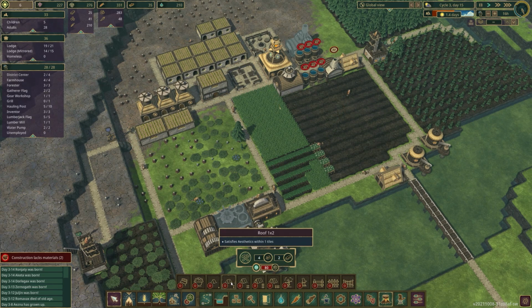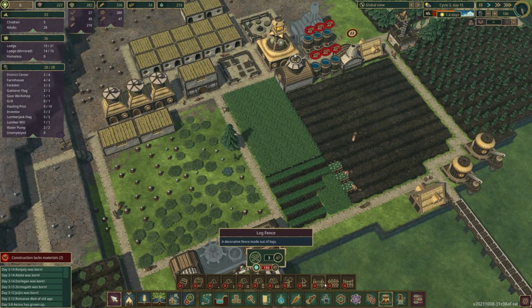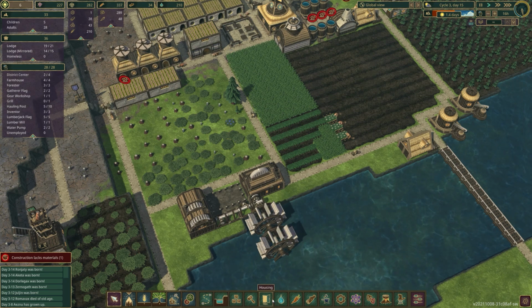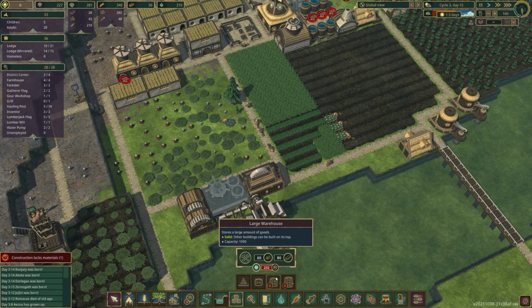Decoration, we also have these in here, so we can place things like roofs and things like that, and plank fences and log fences. It says decorative fence made out of logs. Can I place it in between there? That would be quite nice if we could do that, but I have a feeling that it will take up a full tile. Okay, so really then, there's not much else as far as I can see when it comes to...